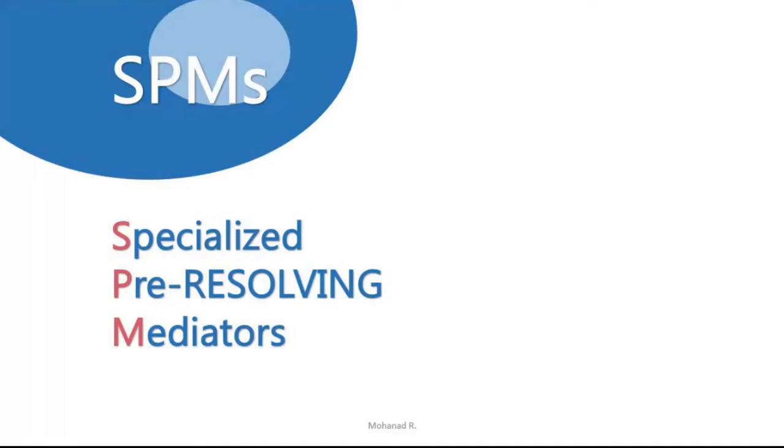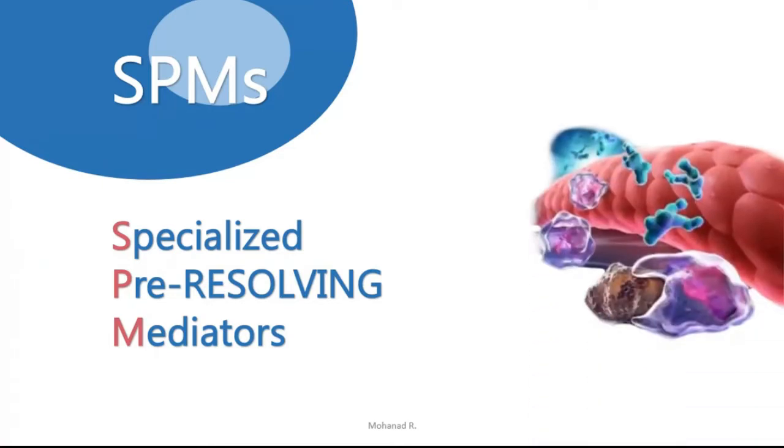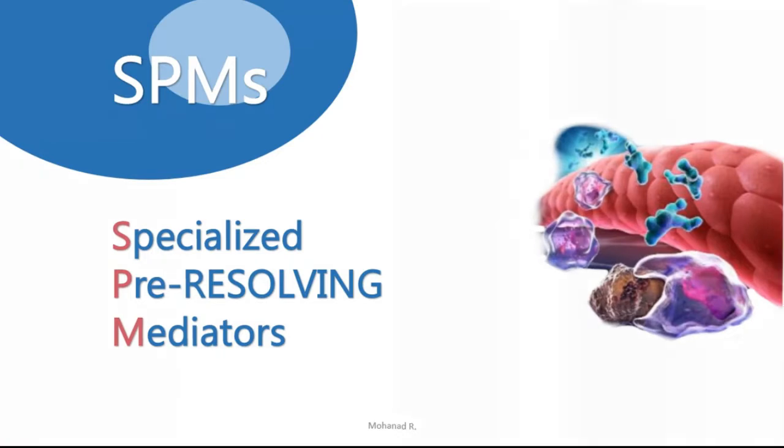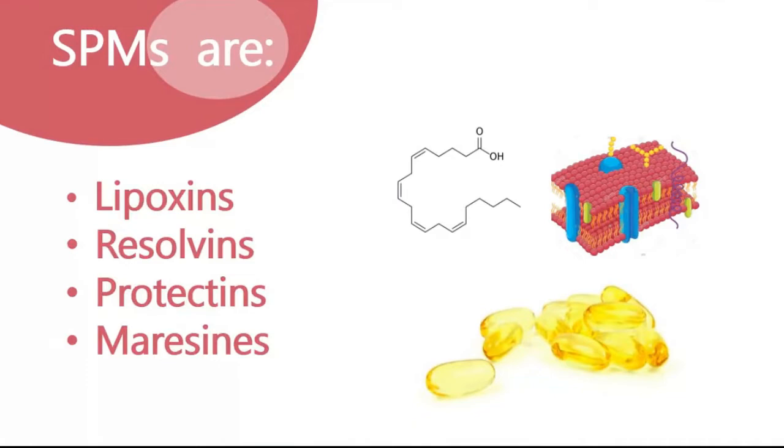And as the inflammation begins with mediators, there are also special mediators for resolving it, named SPMs, or specialized pro-resolving mediators. They are newly discovered, naturally occurring mediators considered part of the immune system, which function to actively keep the inflammatory response within its physiological boundaries. These mediators are lipoxins, resolvins, protectins, and maresins,